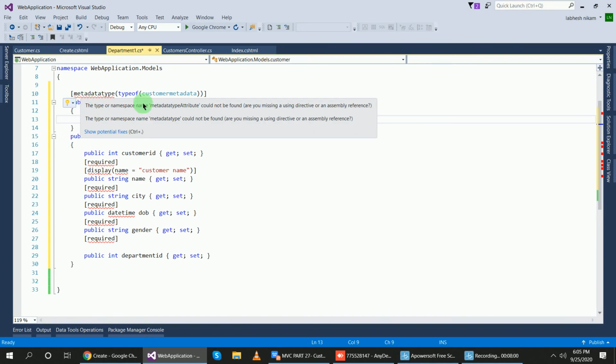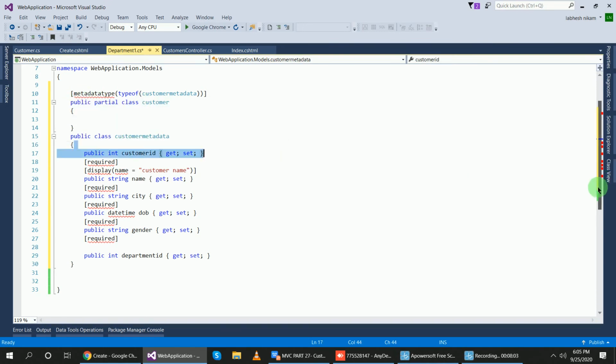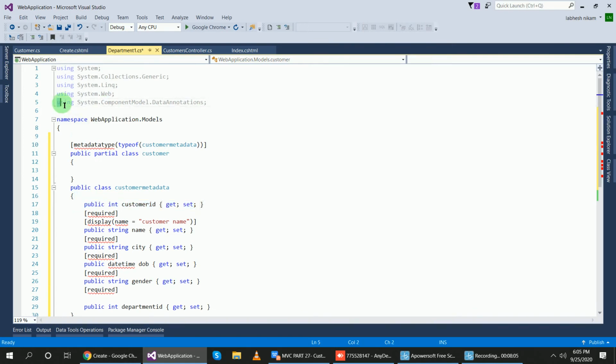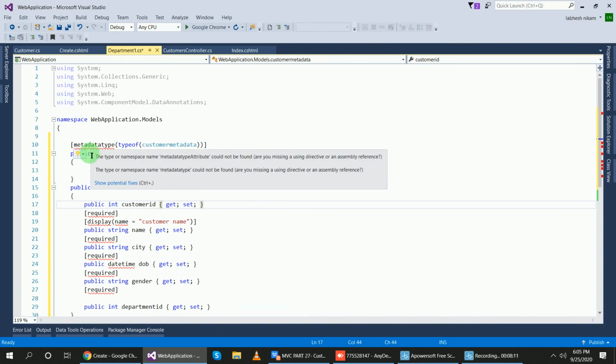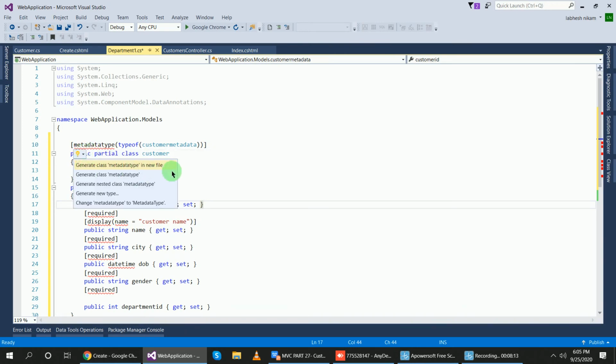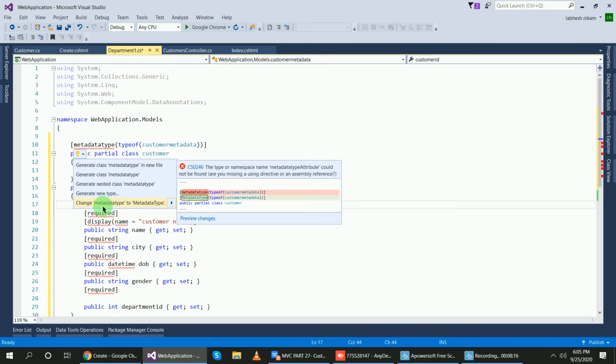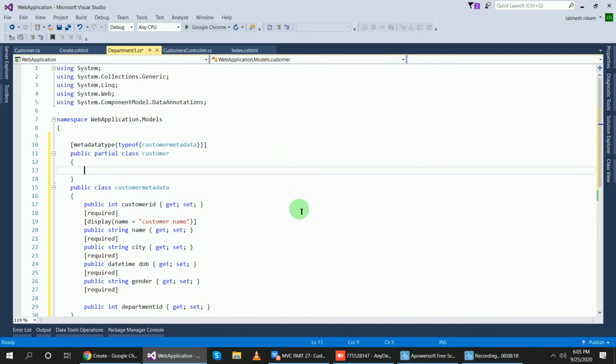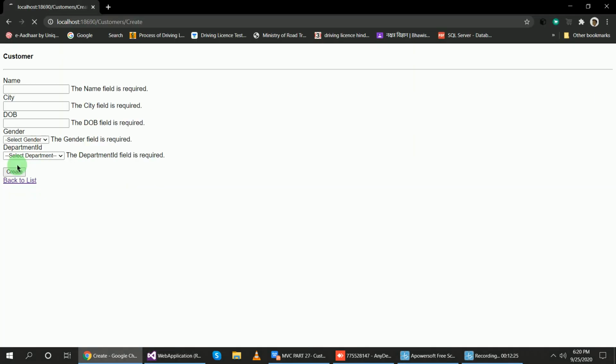For metadata type of, you require using System.ComponentModel.DataAnnotations. Now why is this error generated? Member already defined in the new file. Now I removed it. This is my auto-generated partial class, and for changing this class I have created the customer metadata class here and put the required attribute. All the validations are generated here.